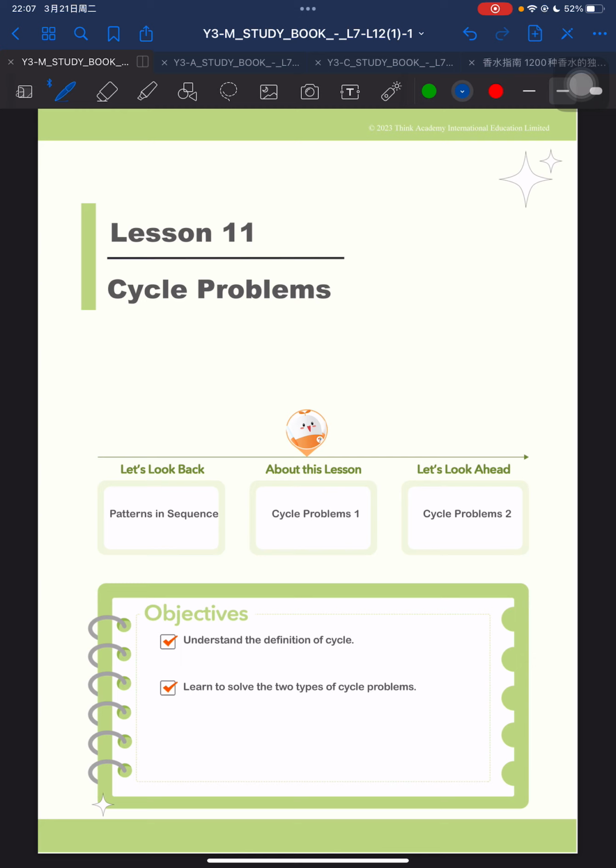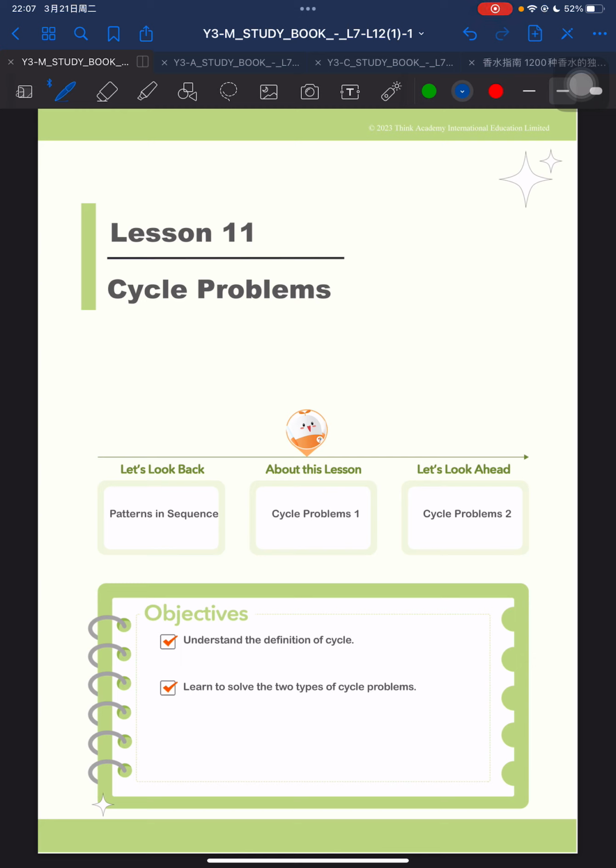In this pre-lesson video, we'll take a look at lesson 11, cycle problems. When we look back, we have learned patterns in sequence. For example, we would have some number patterns or shape patterns. And in this lesson, we will learn cycle problems. And in the future, we would have more difficult cycle problems about days, about calendar, or about some different